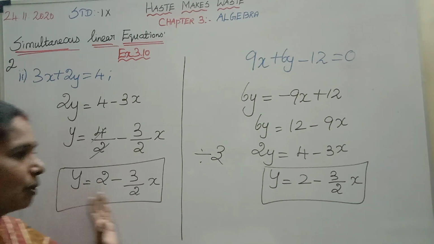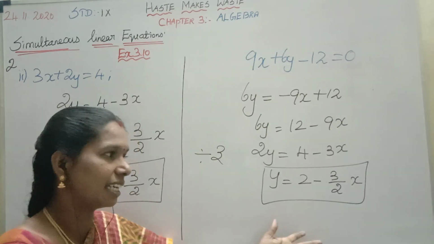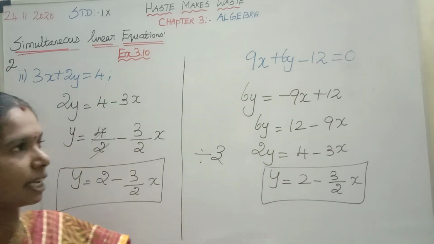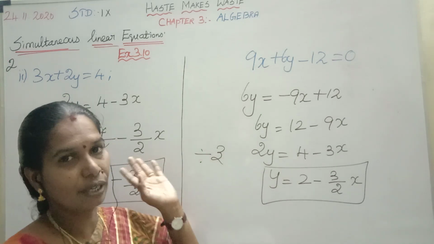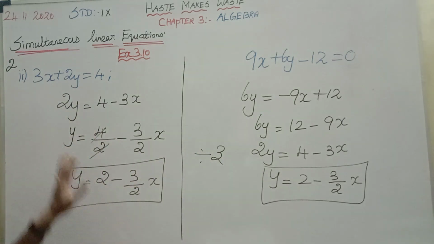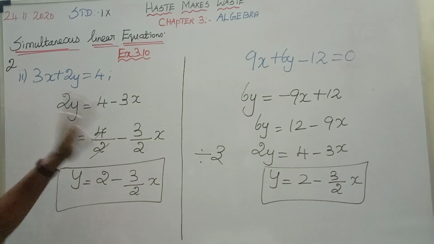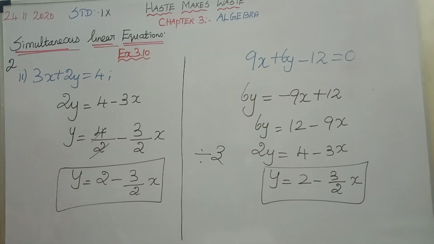If we draw only one table, we are able to make the straight line. And what form will this be? The 2 straight lines will be coinciding lines. Okay, we will see in the graph now. Before that, you substitute the values for x. Then we will make the table now.